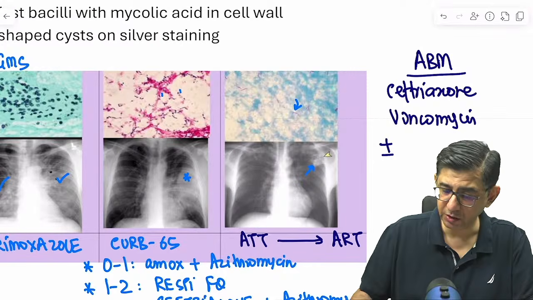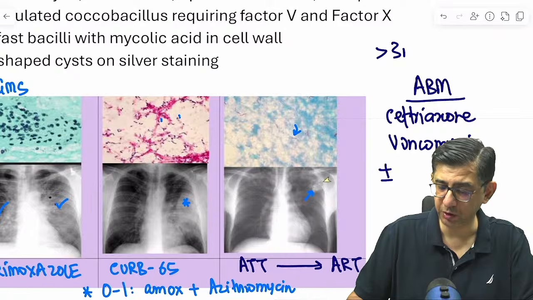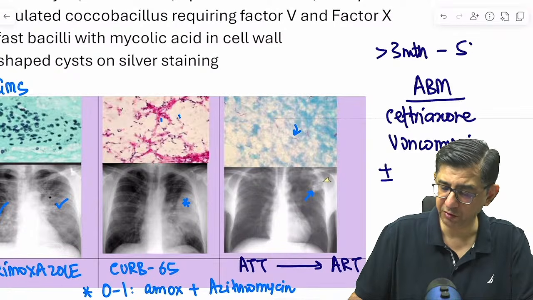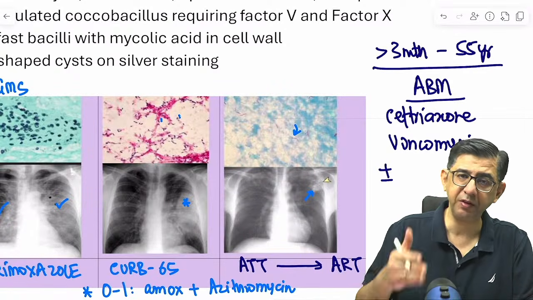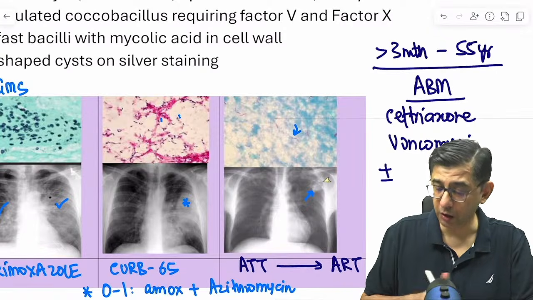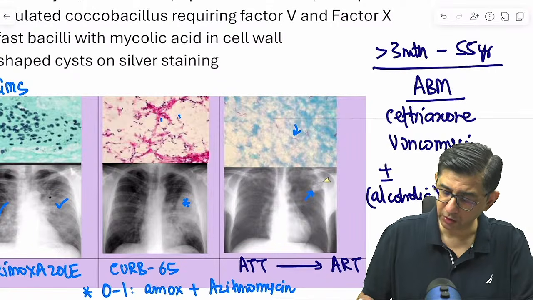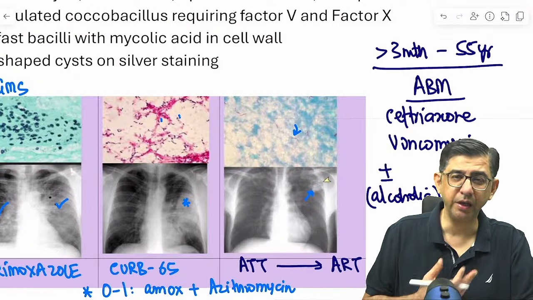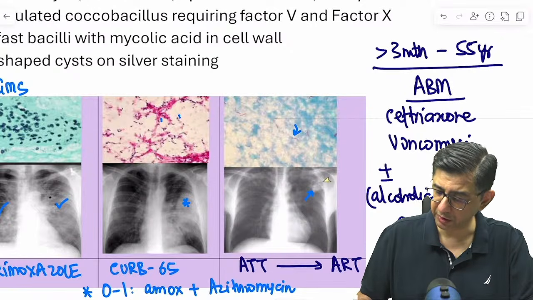तो दिस आंसर इज वैलिड फॉर सेफ्ट्रैक्सन, वैंकोमाइसिन इज अ स्टैंडर्ड आंसर फॉर एज मोर देन 3 months एंड अप टू 55 years ऑफ एज। बट आफ्टर 55 years तो लिस्टीरिया हो ही जाता है, तो वो 55 से कम पे दे देगा। क्या लिखेगा, अल्कोहलिक, या बोल देगा कि इम्यूनिटी ऑफ द पेशेंट इज लेस। तो अगर अल्कोहलिक है, इम्यूनिटी लेस है, स्टेरॉइड चल रहे हैं, डायलिसिस चल रहा है, इस टाइप की सिचुएशन देता है, तो आपको यहाँ पे एडिशनल कवरेज किस चीज़ का देना है, दैट इज एम्पिसिलिन।